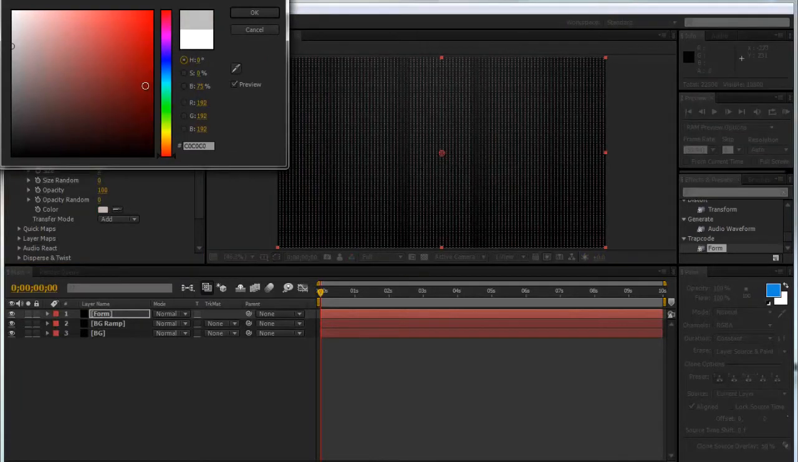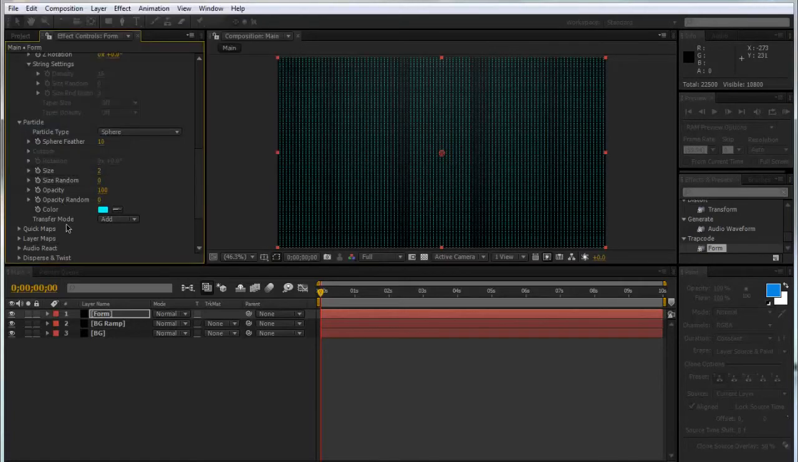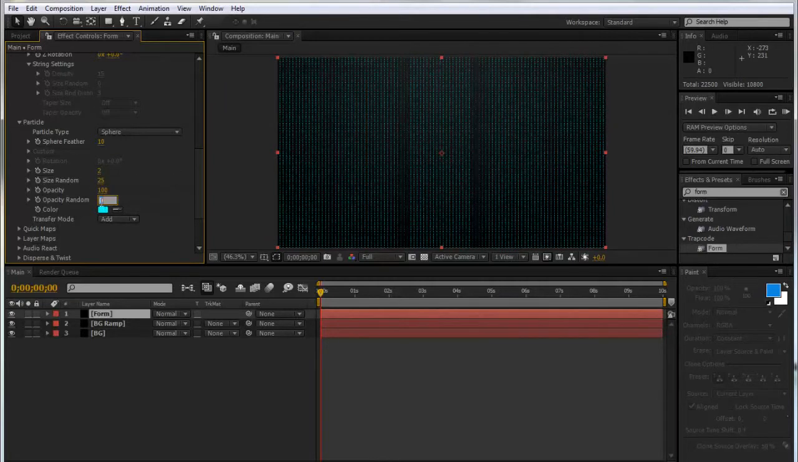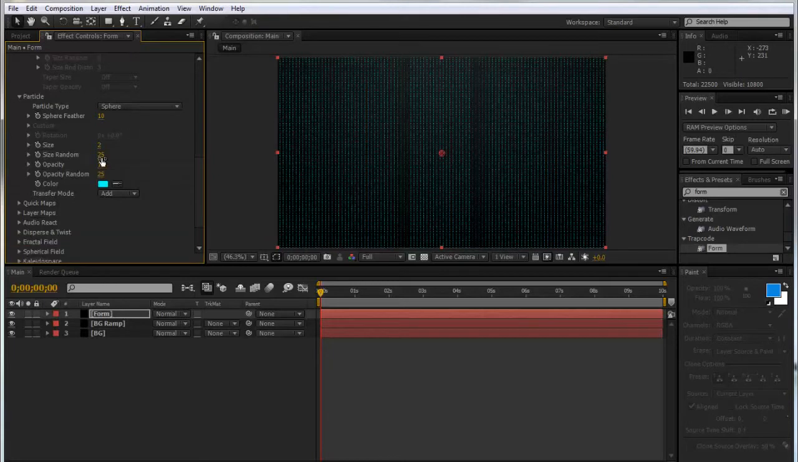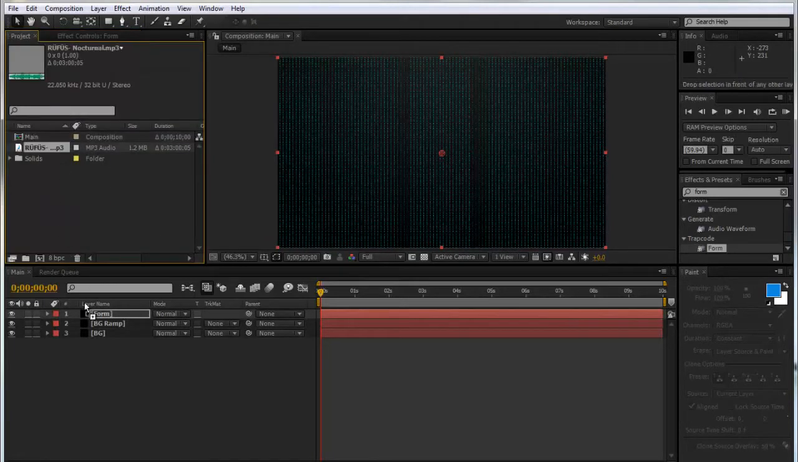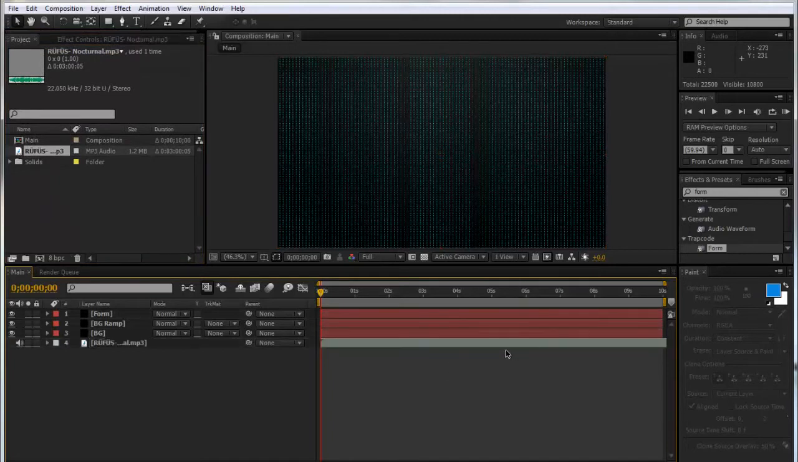Again, pick any colour you want. I'll go for a nice blue, as I always do, so I think it looks really nice. And we can always put the size random, maybe 25, and same with the opacity, just to give a bit of variation. We can go down to the audio react now, so I'm just going to bring in my audio layer, but obviously you would want to maybe have it all synced up and just before your shot,